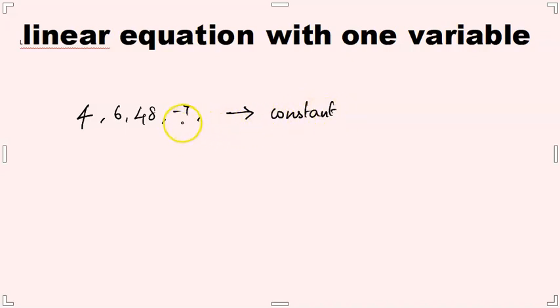But in algebra, we give them a special name called constant, because it is going to carry only its value. The value is not going to change. It is not going to vary. So it is called a constant, right? I think you knew this before. So now next,